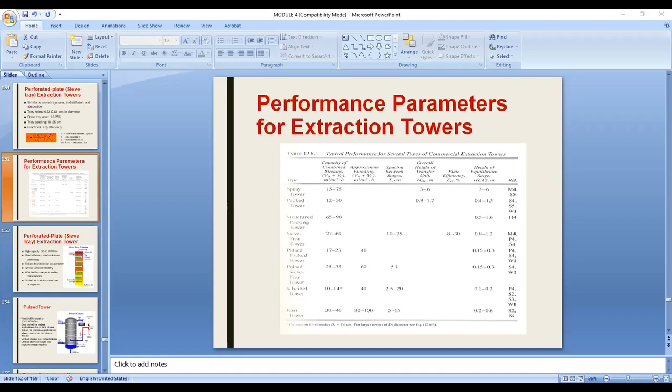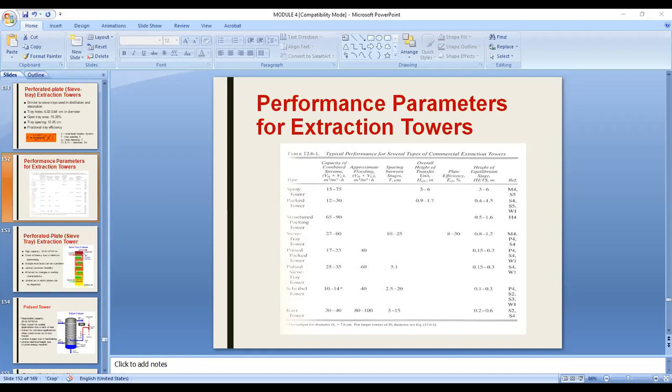And that is what would be, if you're going to take the sum of the dispersed phase flow rate and the continuous phase flow rate, it should be within this range for spray tower, pack tower, and so forth. You'll also be getting the HETS in here based on the type of tower, and you'll also be getting the overall height of the transfer unit based on this particular tower,